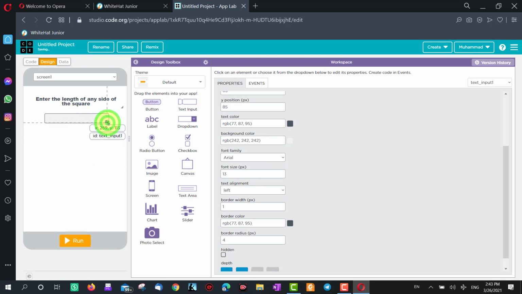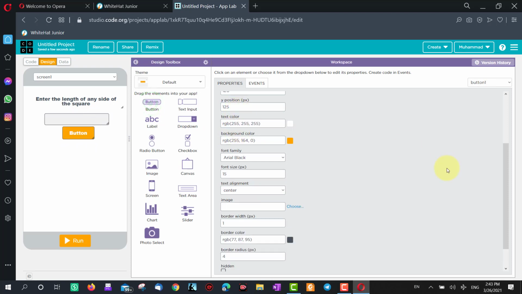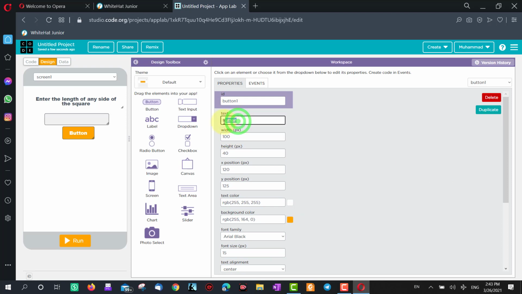Okay, it looks good now. Now the user will input here the length of any side of the square. Now we will need a button here to get command, and we must rename the button. Rename it to calculate.